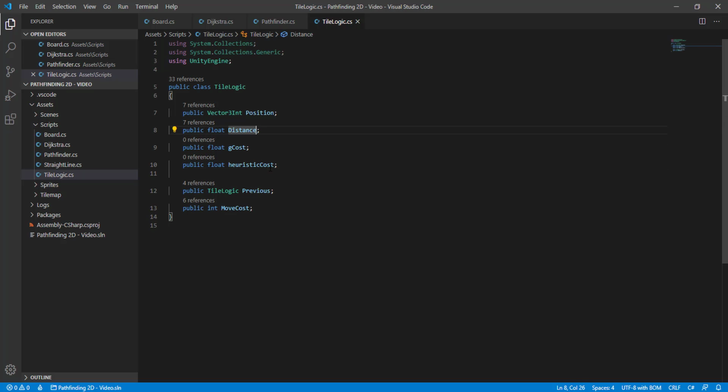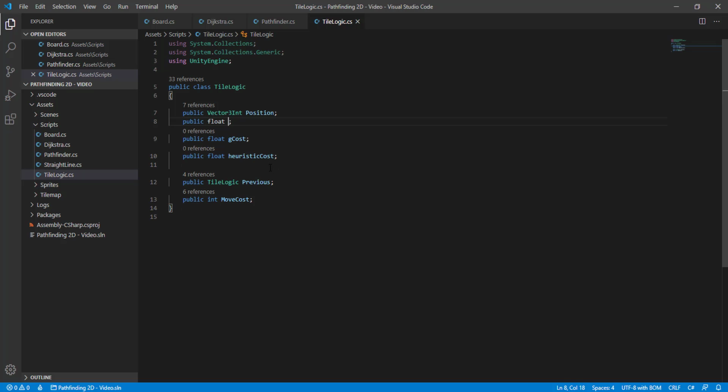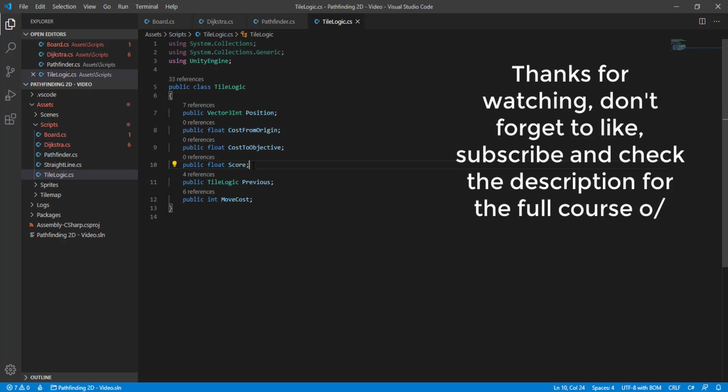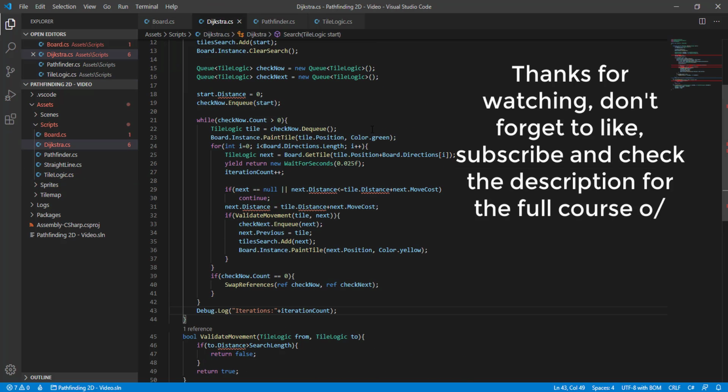I hope, even though the variable name will become a bit big, I hope it becomes very clear what it is. So first we have cost from origin, and then we have the cost to objective and the score. I think this is the clearest we can possibly be. So you will not confuse G cost and H cost and F cost. Alright, of course we will need to change some things here, but